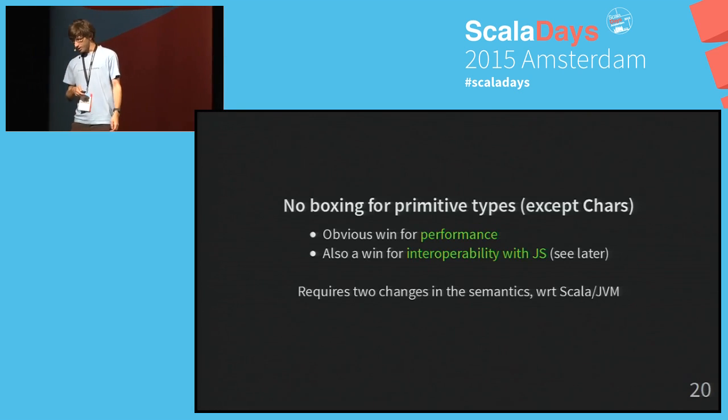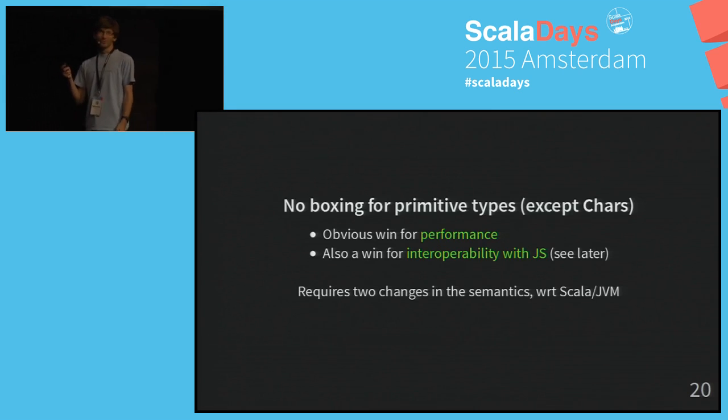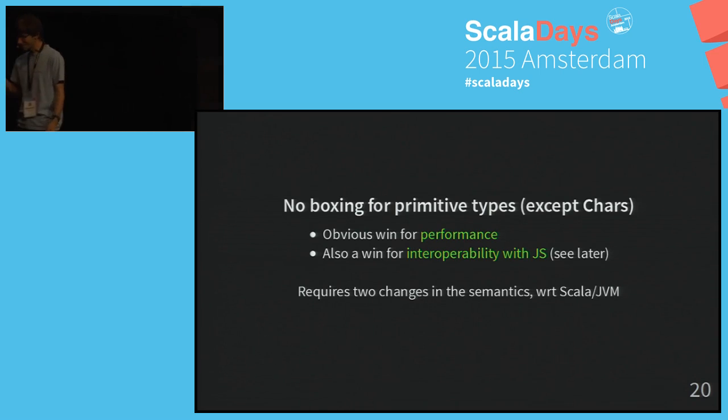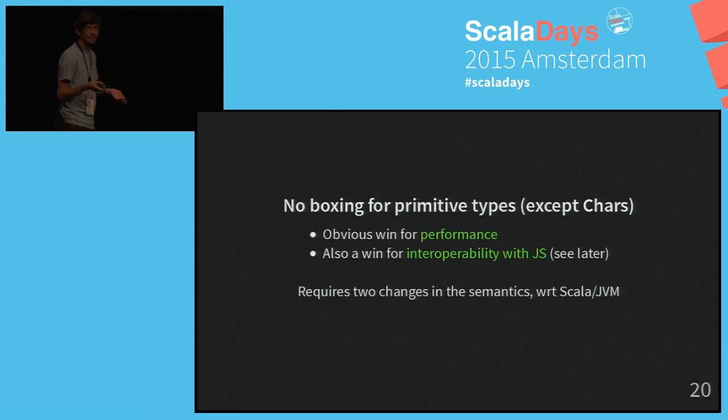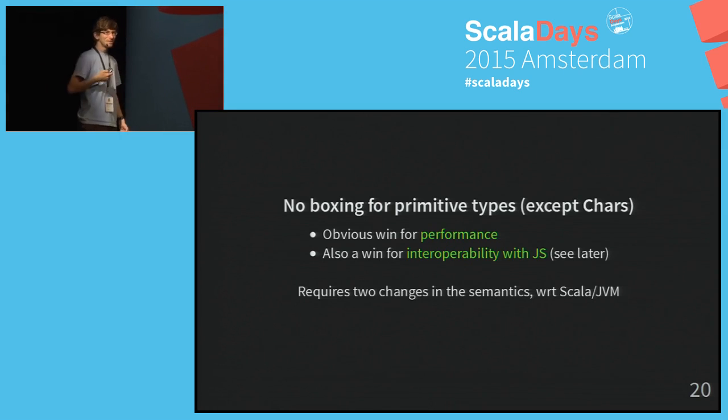On another related topic, still about primitive data types, you would really like not to box the primitive types, right? Because, come on, JavaScript is a dynamically typed language. You don't want to box an integer into a Java long integer just because you want to put it in an any or in a list or in a JavaScript array for that matter. So you really don't want to do that. And Scala.js doesn't do that except for characters, for weird reasons I won't go into details today. But to do that, we need to change a little bit the semantics and accommodate for that change.